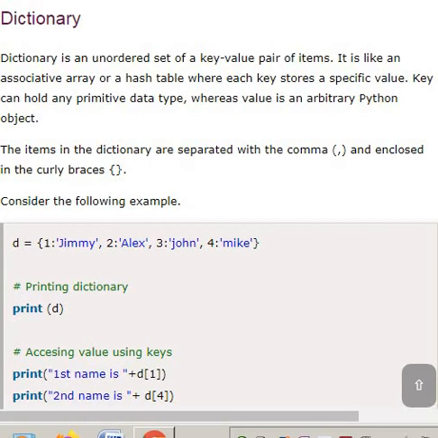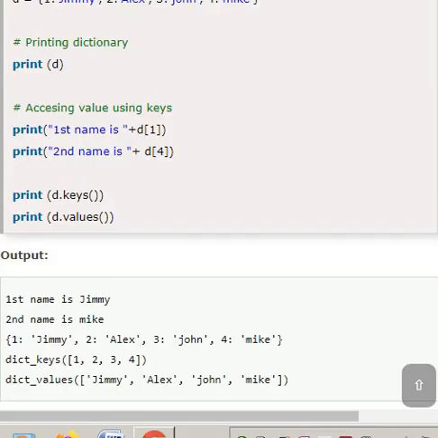This is a simple example here. d is equal to 1: Jimmy, 2: Alex, 3: John, and 4: Mike. The data is arranged in pairs separated by commas, enclosed within braces. So look at the prints clearly.